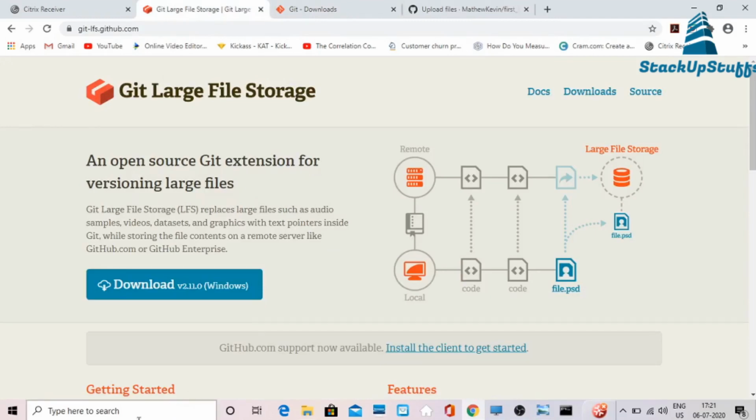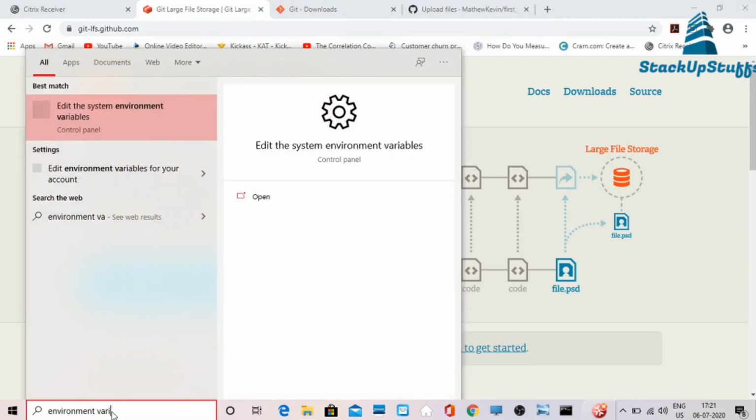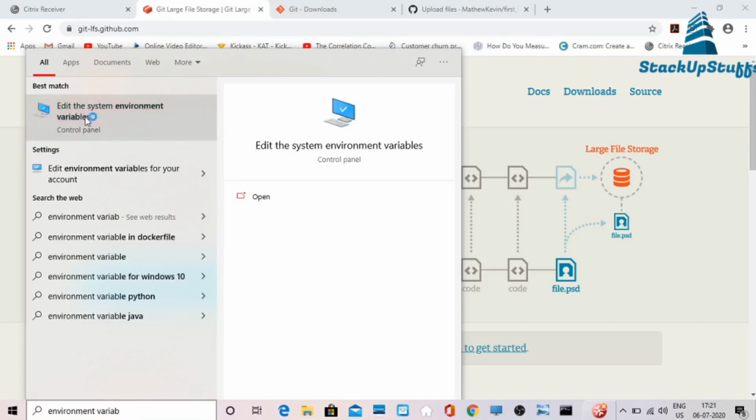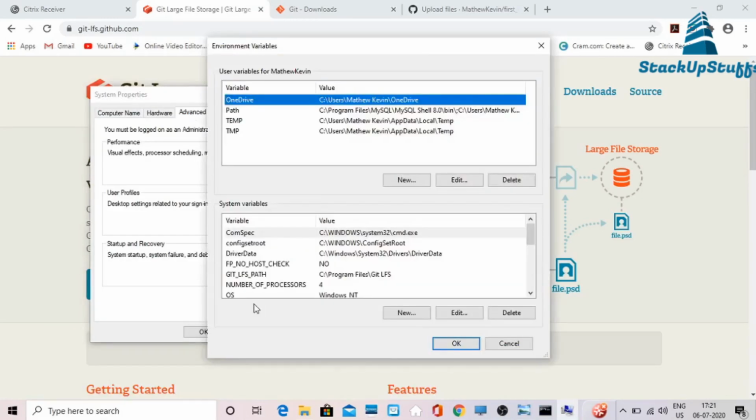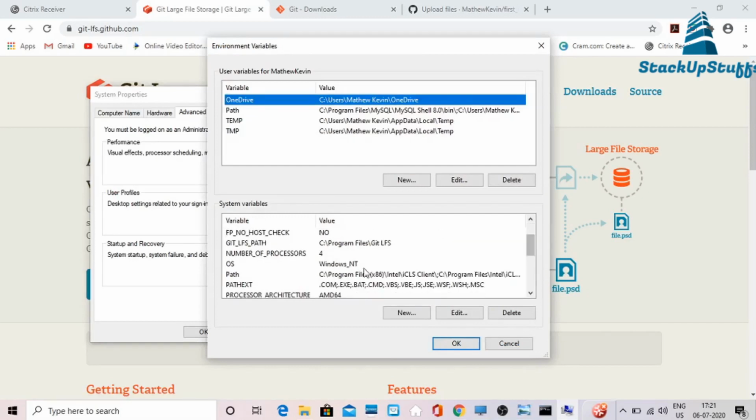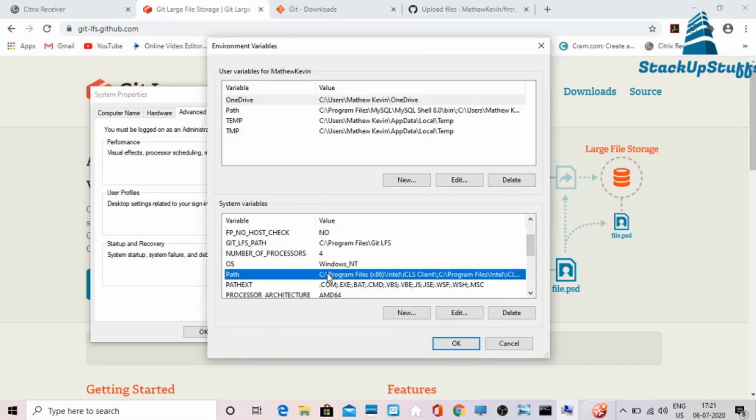To check that, go to the Windows search bar and type environment variables. Here select edit the system environment variables under Control Panel, and once it opens up, select the Advanced tab and go to environment variables, and here look for the Path, select that and click on edit.